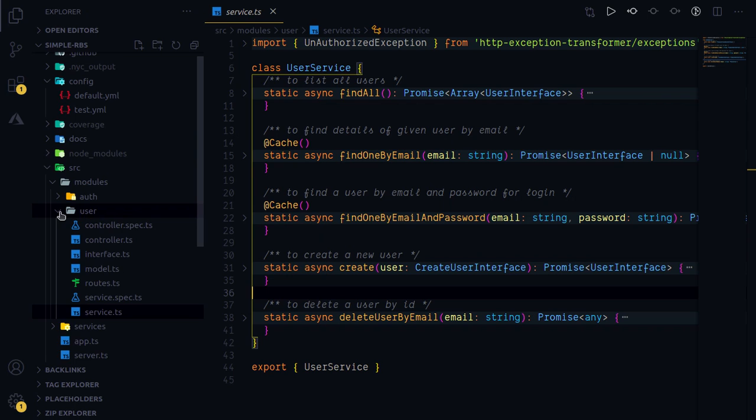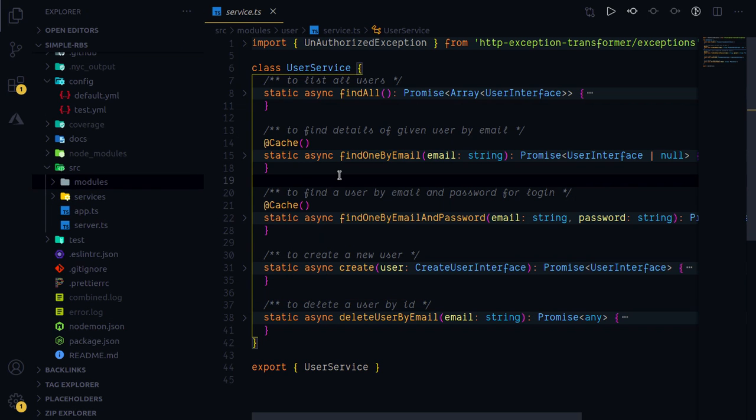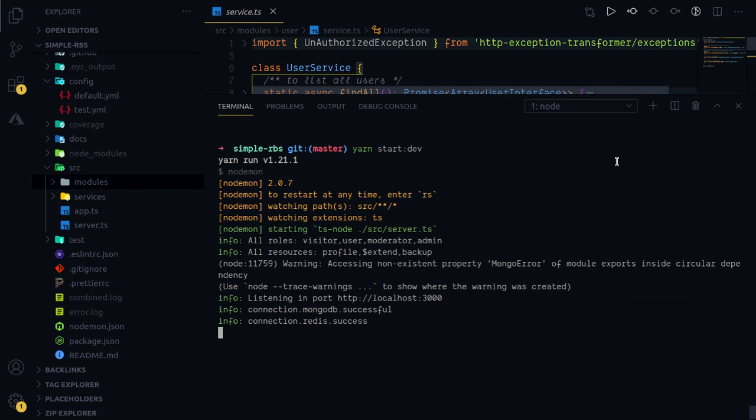Now moving on to the part where we first show the functioning of cache. You see that it says it is listening on port 3000. The connection.mongodb.successful message means that we have successfully connected to the MongoDB client, and connection.redis.successful means that we have successfully connected to the Redis client.